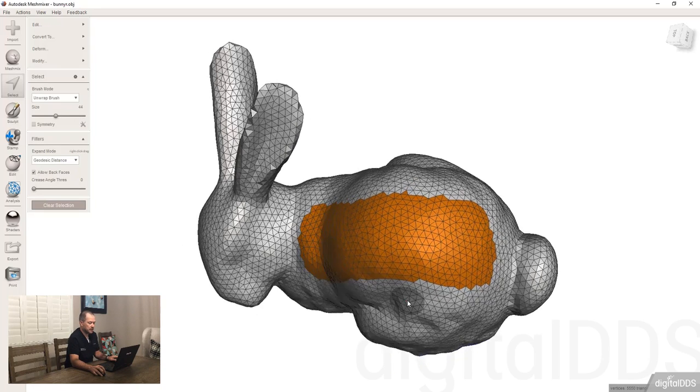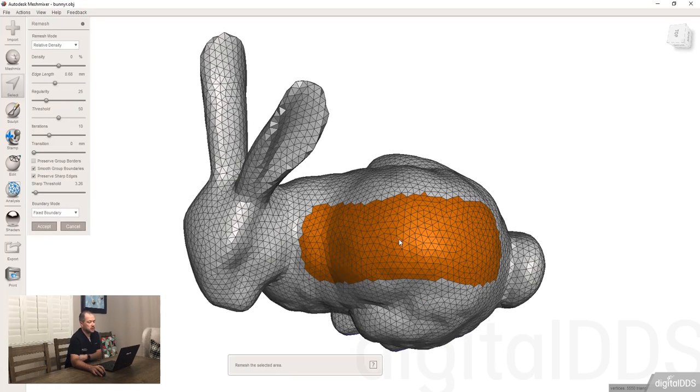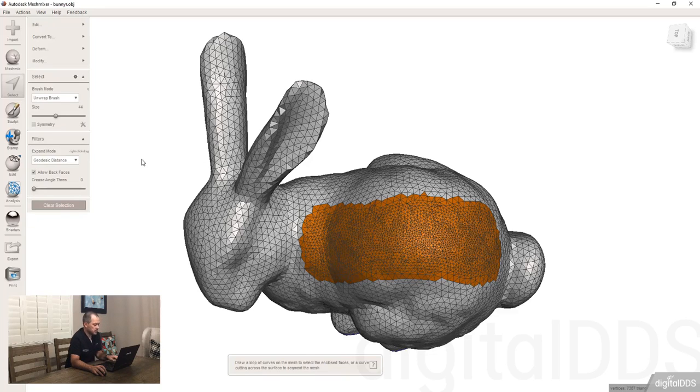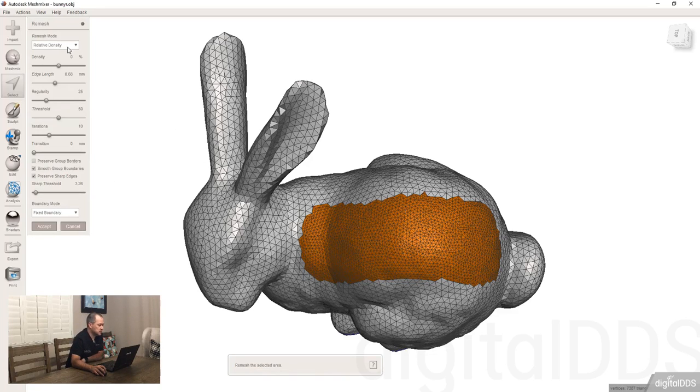I'm going to take an area like this, and I'm going to remesh it. We've already talked about remeshing before, and I want there to be a transition on my remesh, so I'm going to kick that up. Then the density, there's a relative density, so you can see it's making the inside of that smaller and smaller. Relative density,